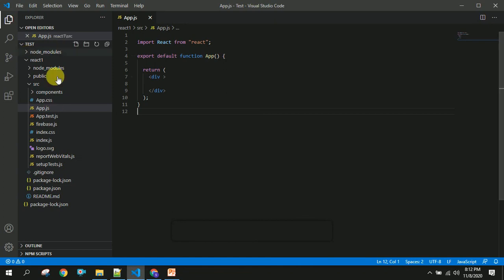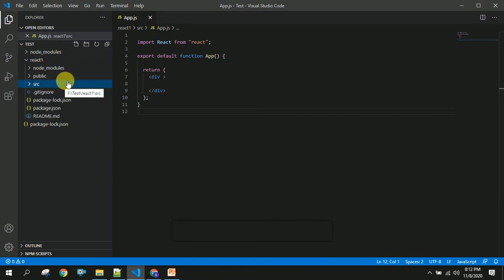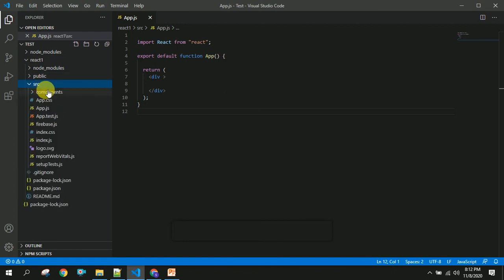As usual, I have created a project for this integration called react1, and you can see there is a source folder where we will have different components. You can create a separate component for this, and this is the best approach. As of now, I'm doing all this in app.js for my convenience, so you can create your own component and reuse it everywhere.